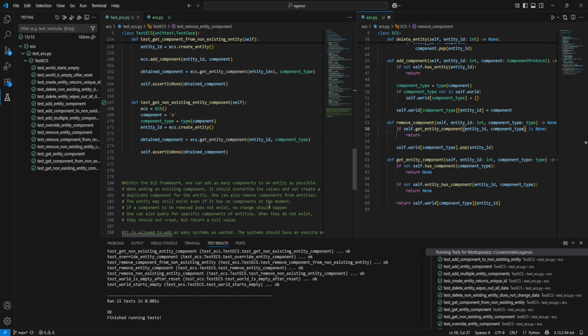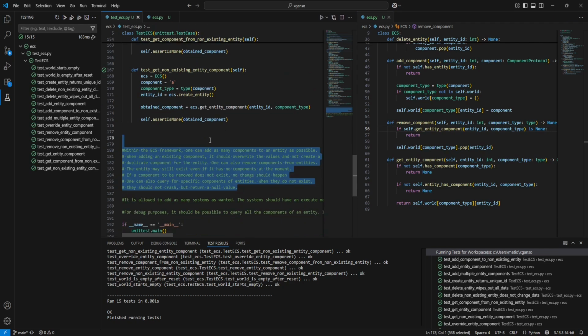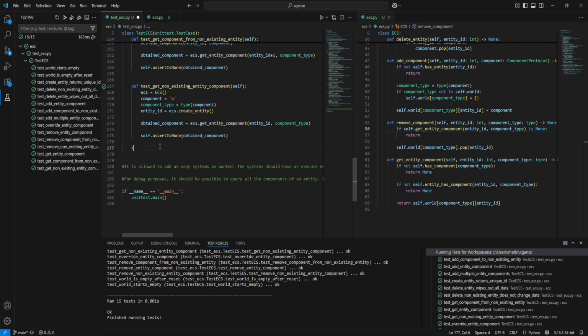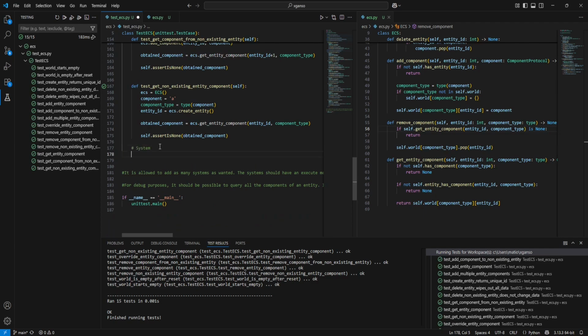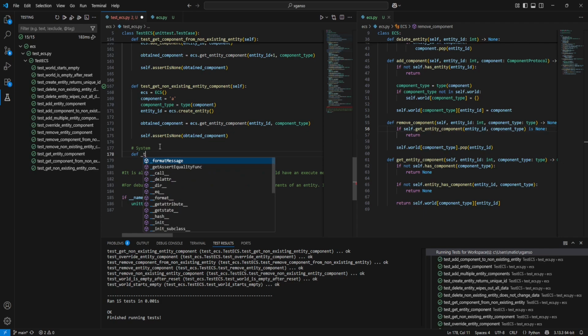If a component does not exist, return a new value. I think we're finished with the component. Now let's move on to the system. It's allowed to add as many systems, so let's